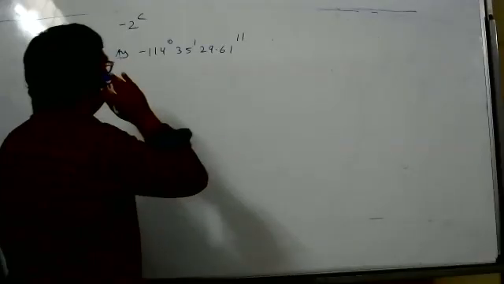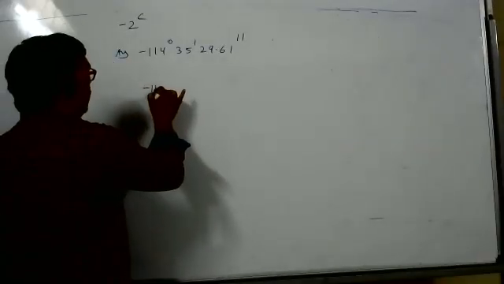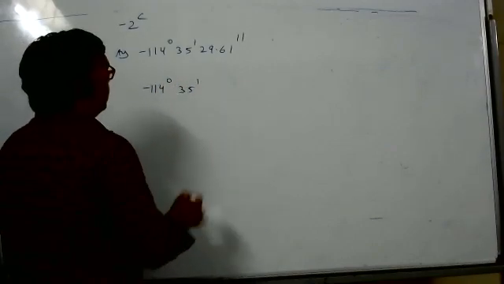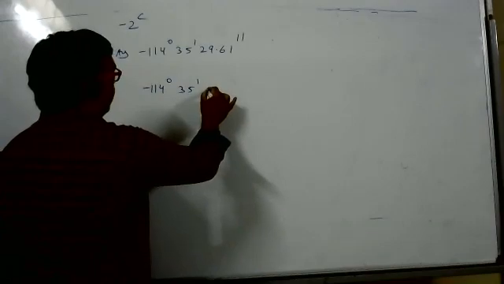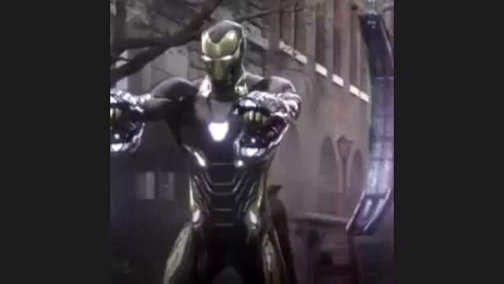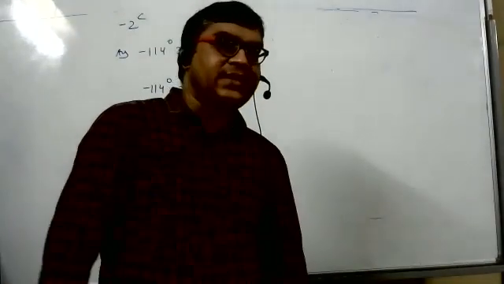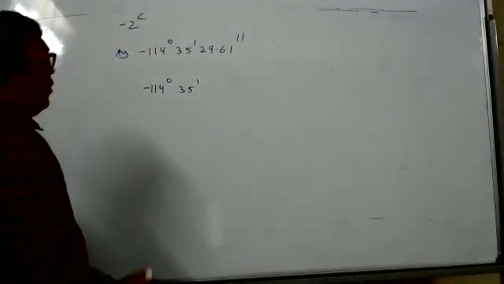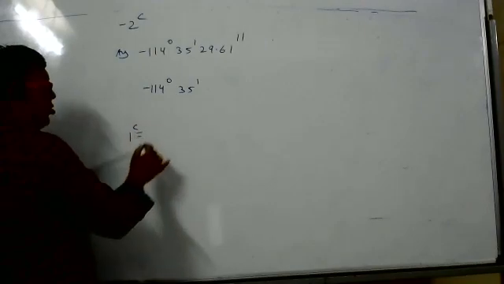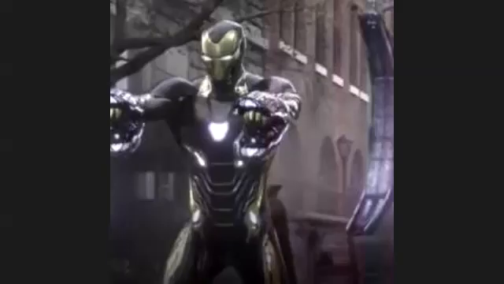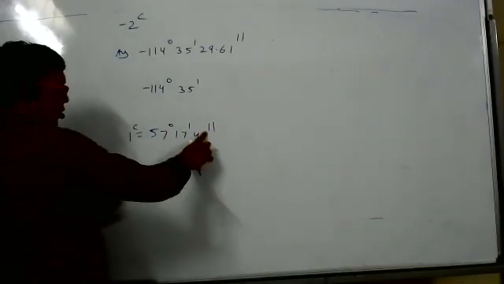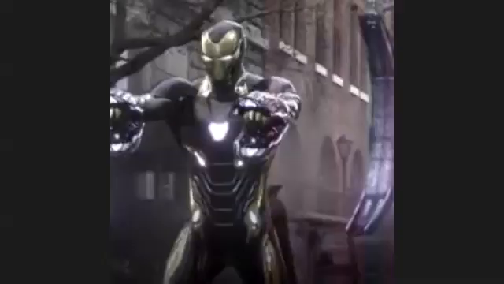The other boy, how did you get it? What did you get, the other boy who was telling the answer? Minus 114 degree, 35 minute and what? 30 seconds. Okay, he got this one, you got 30 seconds. So I think in school your madam needs some steps and all, don't do it directly. 1 radian is equal to how much degree, Bhushan? 57 degree, 17 minute, 45 seconds, approximately. Okay.